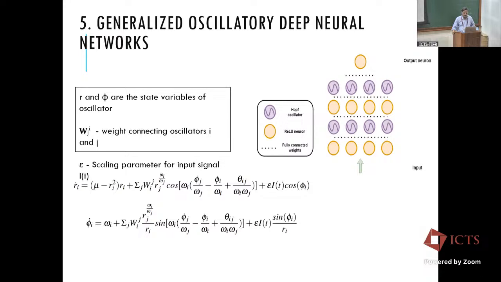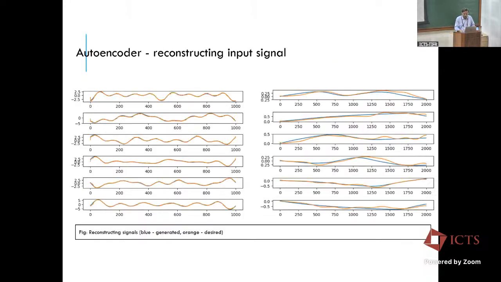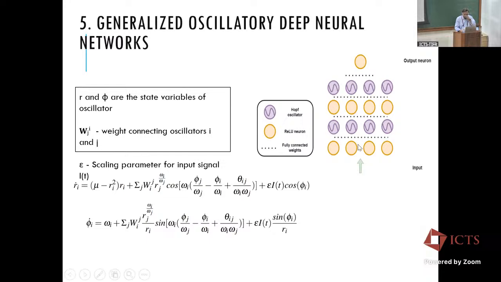Finally, students said, we'll just put the network on one of these PyTorch kind of software and define the loss function. You figure out how to train the connections. And that worked beautifully. We were struggling theoretically to come up with the right equations, and it was very hard. But with that, we had this oscillator network as alternate layers of oscillators and ReLU neurons. Somebody was asking, so we use ReLU here.